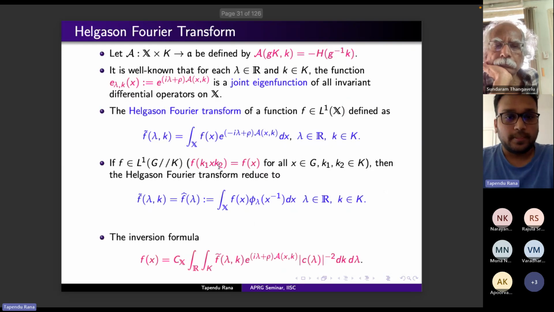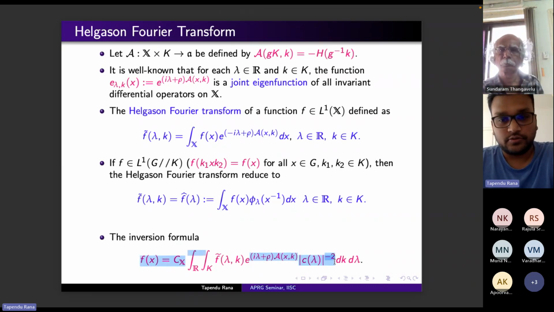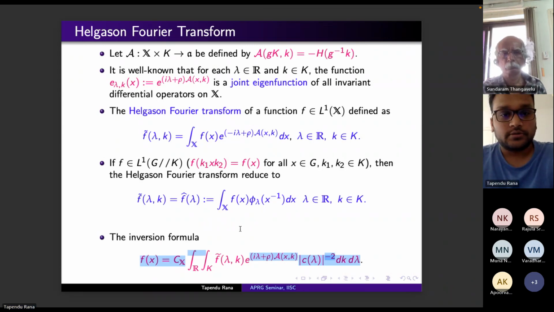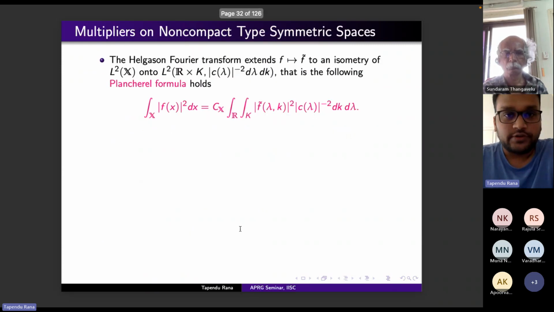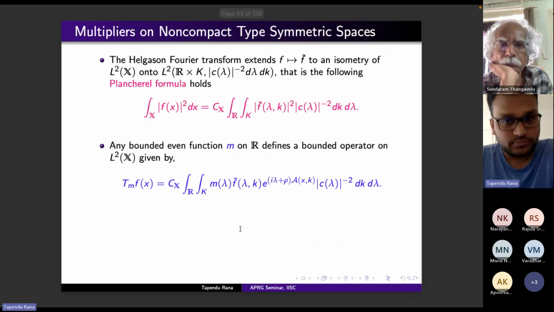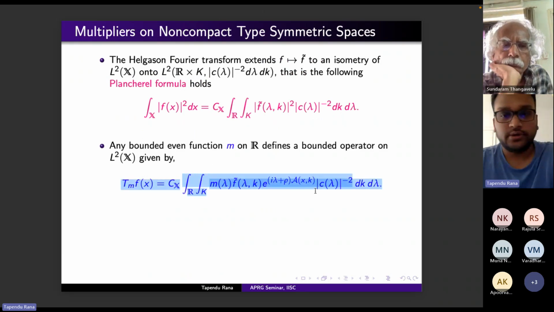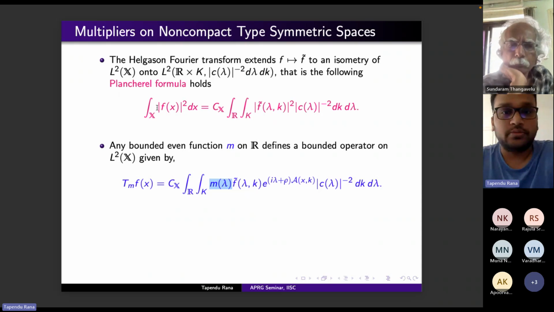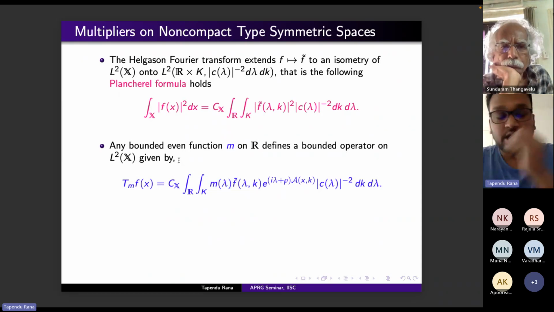Yeah. So for this Helgason Fourier transform, the inverse Fourier formula reads as follows. Now that we have the inversion formula, using this we can define the multiplier operator in the following way. If you take a bounded multiplier, then we also have this Plancherel formula. Using the Plancherel formula, Tm is L2 bounded. Okay. Now, coming to the question of the p not equal to 2 case, the boundedness